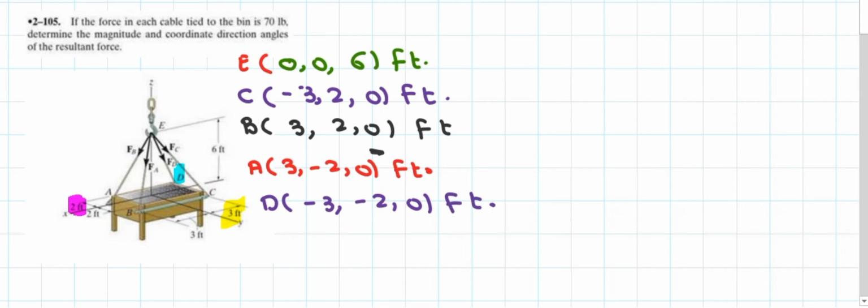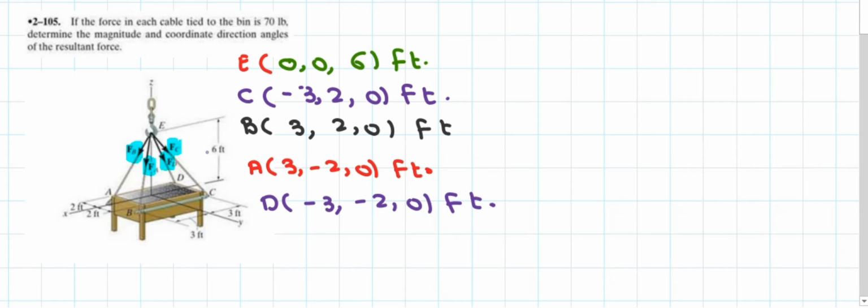Our first step is completed. That is, we wrote down the locations of every single point present in our diagram. Now, let's talk about the position vectors. For the position vectors, I want you all to look at the forces very carefully. There are 4 forces present in our diagram. This is Fc, this is Fd, this is Fa, and the last one is Fp.